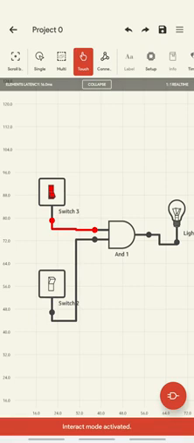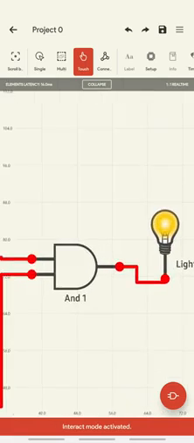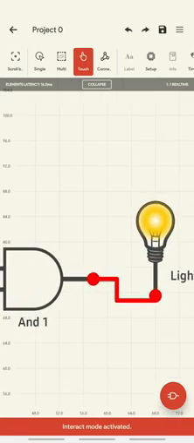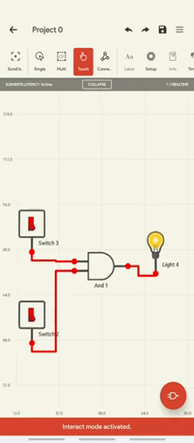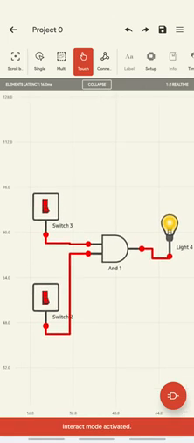Now this is 1 0. The switch 3 is on here and switch 2 is off. Off means 0. So if any of the inputs is 0, output is 0. If I make this switch on as well, then this light should glow. So if I click on switch 2, you can see this light is now glowing, because both of my inputs are 1 or high.